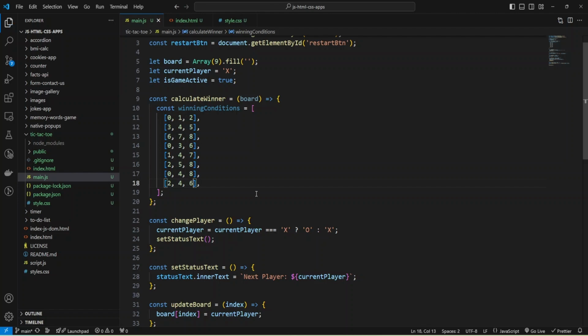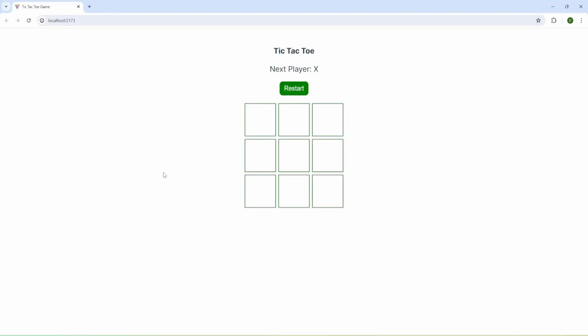Okay, and let me show it on our board. The player can win if he marks all these squares in horizontal direction or vertical or diagonal, and we prepared all winning combinations.